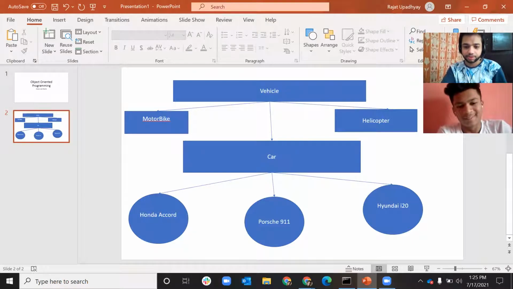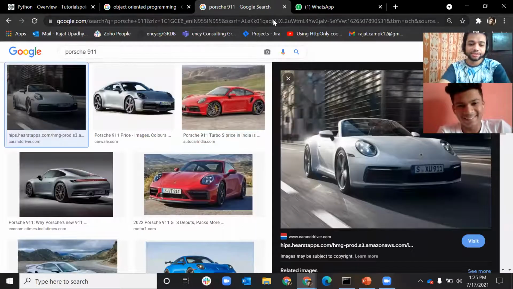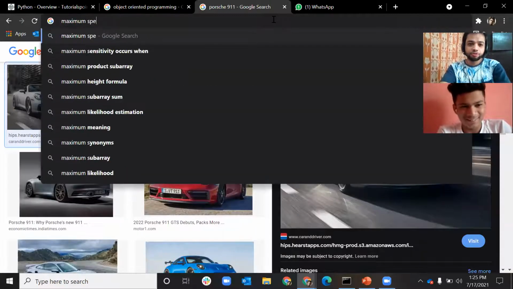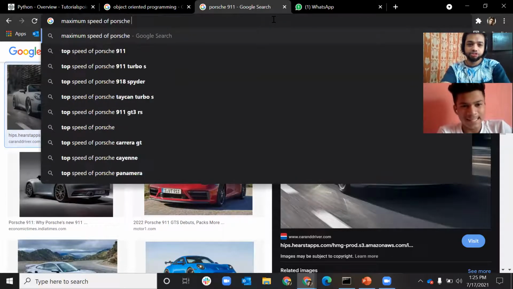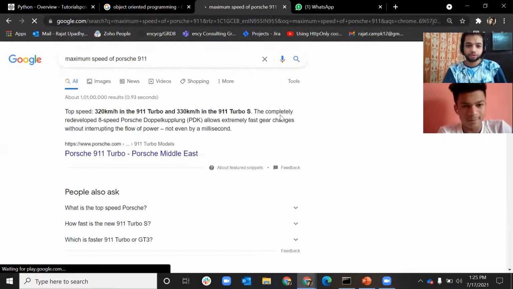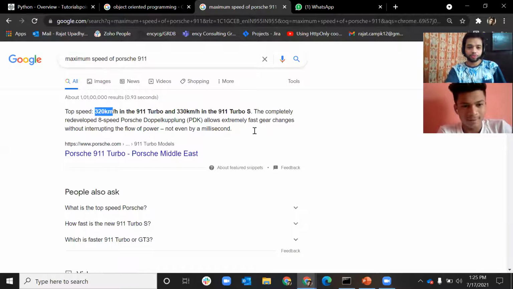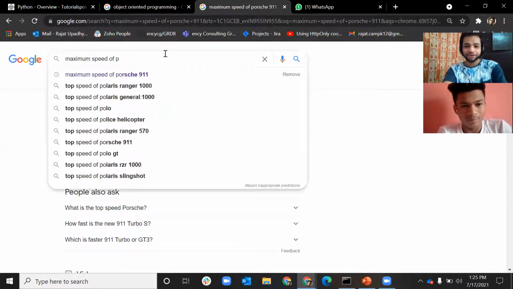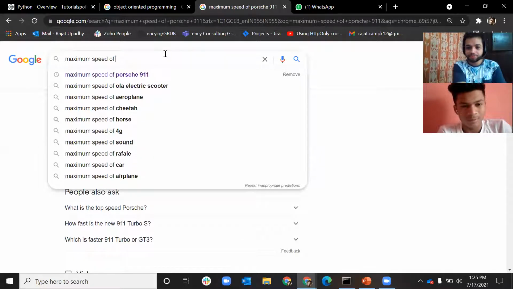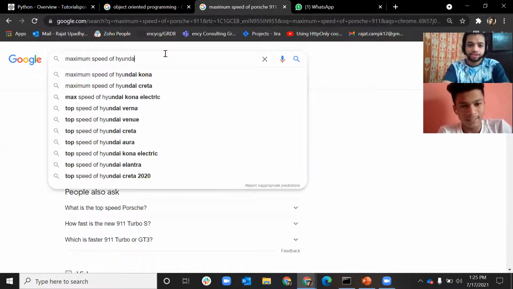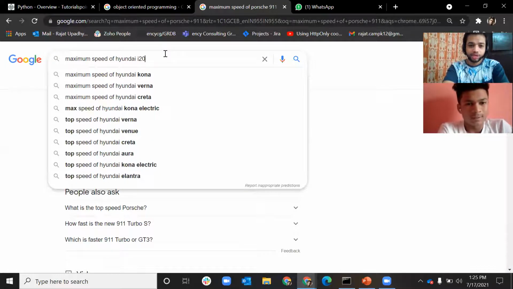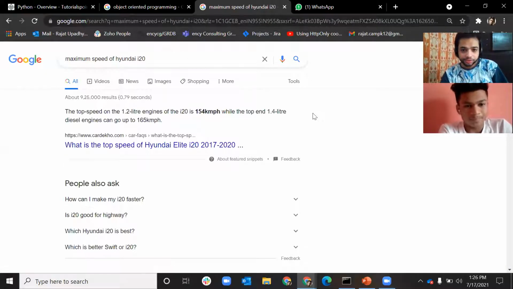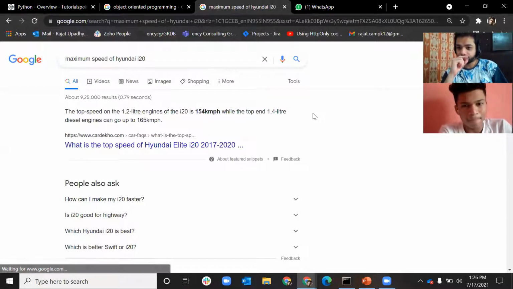Let's see what is the maximum speed of Porsche 911. I think it's 320 kilometers per hour. That's awesome. So it can define its own properties. Let's say Hyundai i20, I don't know if they have this. 150 kilometers per hour. I was close. I said 140.